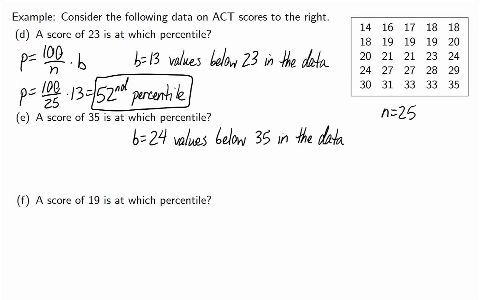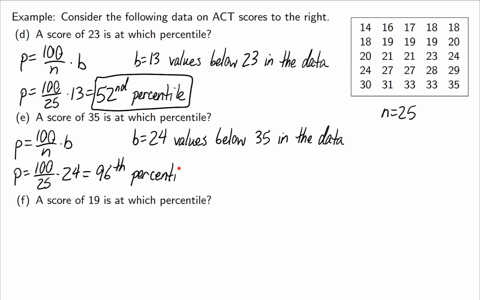Now let's use this information. Plugging into my formula, I have 100 over 25 times 24. I get 96. And again, let's write that as the 96th percentile, just to write it with a nice unit. Now this brings up an interesting point. You may know that the highest percentile you can achieve is the 99th percentile, but 35 was at the highest